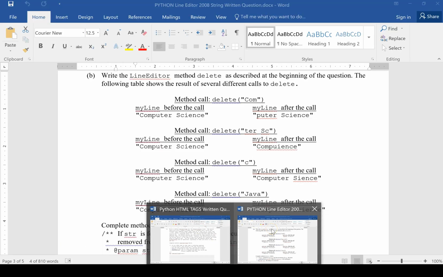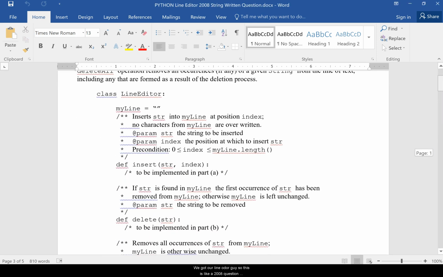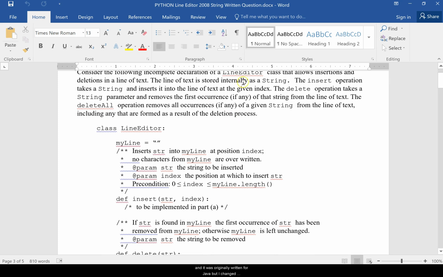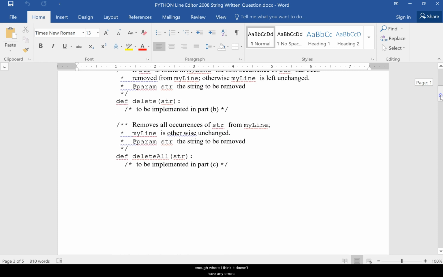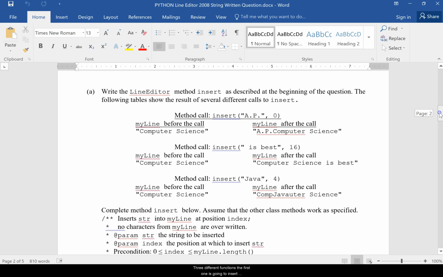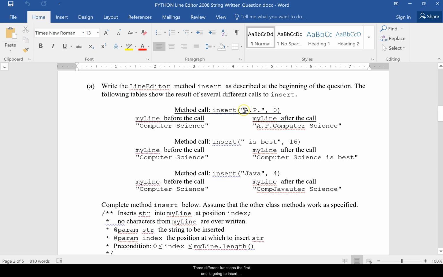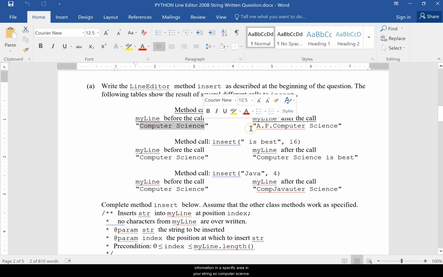Next one. We got our line editor. Okay, so this is like a 2008 AP question. And it was originally written for Java, but I changed it enough where I think it doesn't have any errors. So basically all you're doing is you're writing three different functions. The first one is going to insert information in a specific area in your string. So computer science,